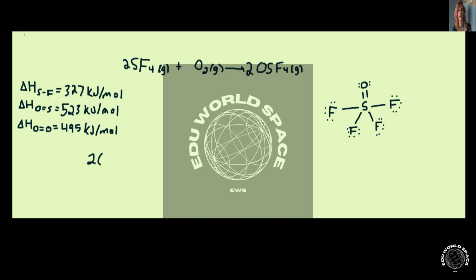That's a 2. We're going to use Hess's law. Delta H of reaction is equal to delta H of products minus delta H of reactants. That's times 4. Therefore, SF bonds, 327, plus OS, 523, minus 102, so 495, plus 2 times 4 times 327. And the answer to that's going to be